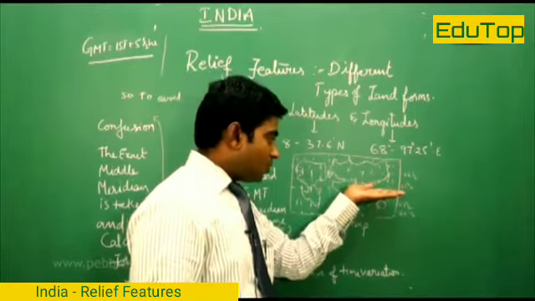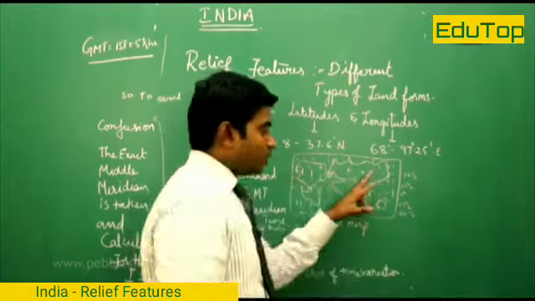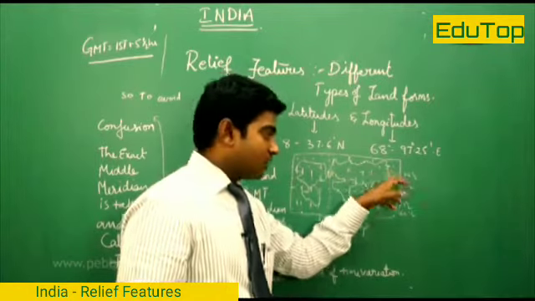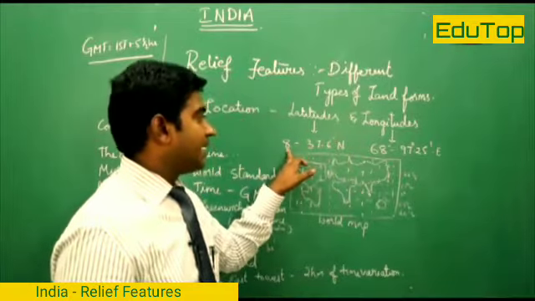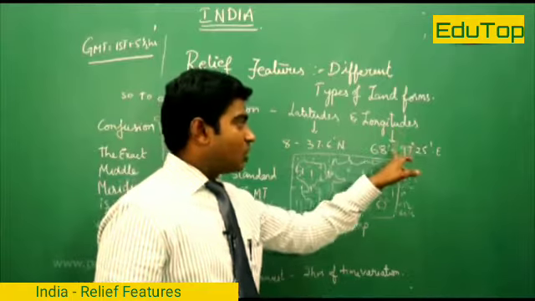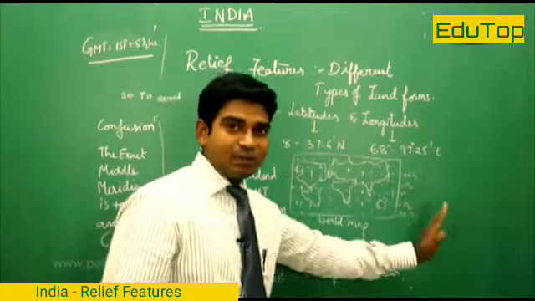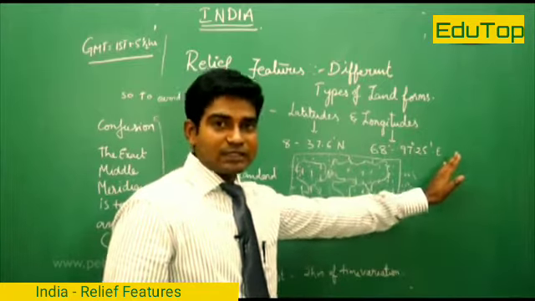You can see the globe, if it is drawn on the world map, the equator divides the entire globe into two equal parts. India comes in the northern hemisphere, that is clear by the location of the latitudes, that is 8 degrees to 37 degrees 6 minutes north, and coming to the longitudes, it is towards the eastern part, that is from 68 degrees to 97 degrees 25 minutes east.